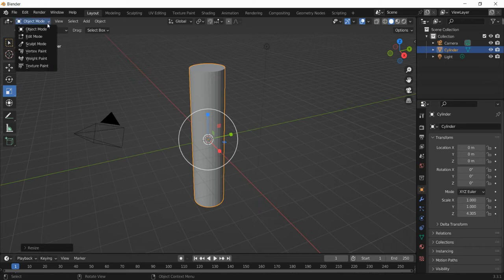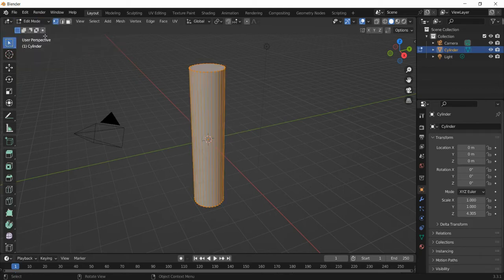We're then going to move to edit mode because we want to edit certain elements within the cylinder. And what we're going to do is divide the cylinder into sections of the tree trunk, so we can bend the tree trunk at different points. So we're going to use the loop cut, and I'm just going to click into the cylinder whilst loop cut is selected. So loop cut on the left down here. Okay, and I've just clicked in there to make this one loop cut.